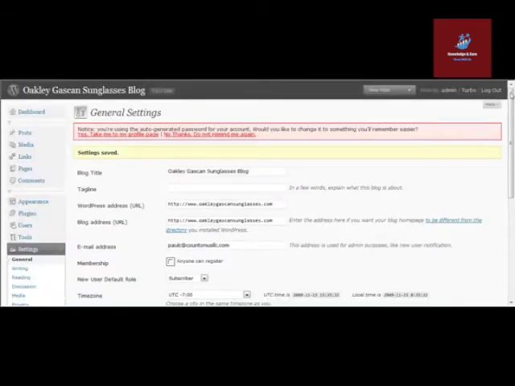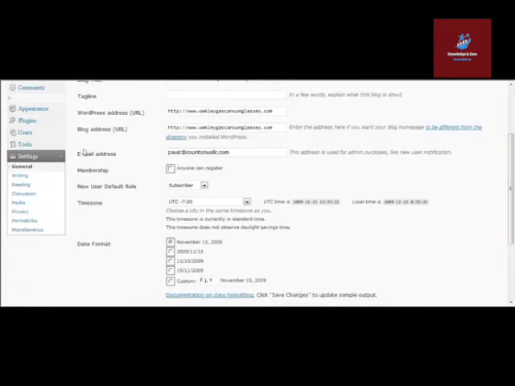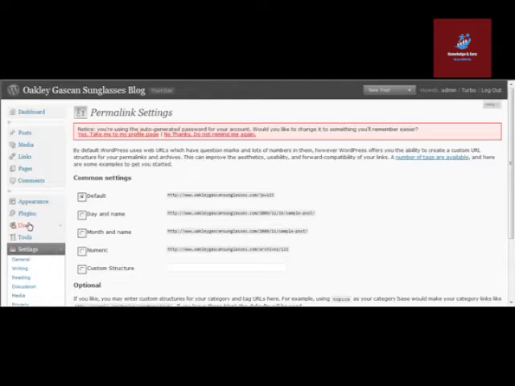The next thing that I would do is come right down here on the left hand side under Settings, and you want to look for something called Permalinks. Inside Permalinks, you want to make sure that Custom Structure is the option you choose, and you want to set it up so it looks like this. Custom Structure, you want to do /%postname%/